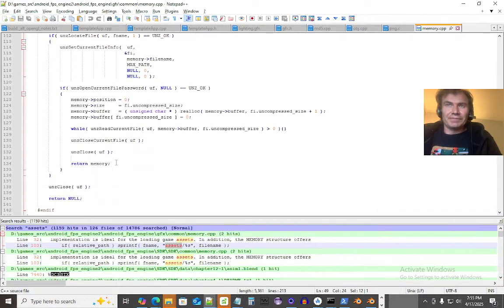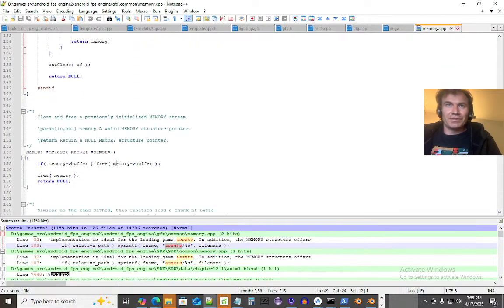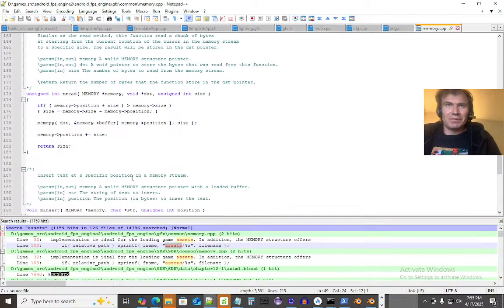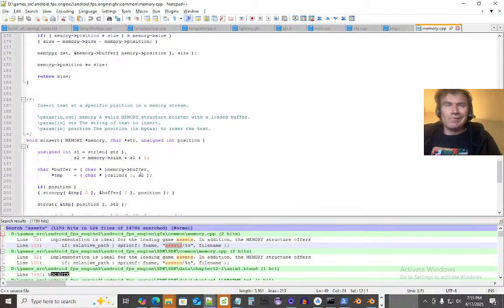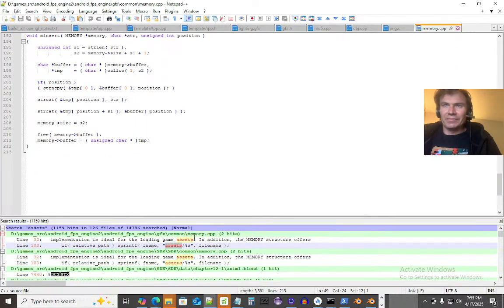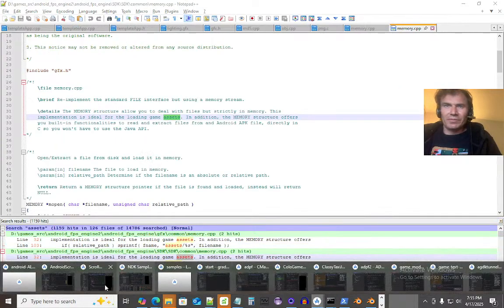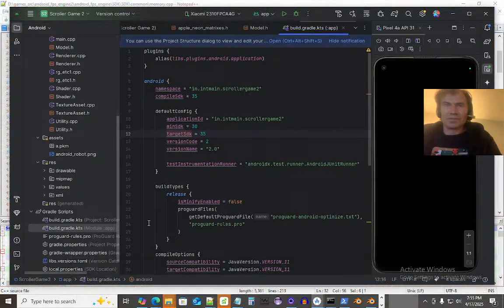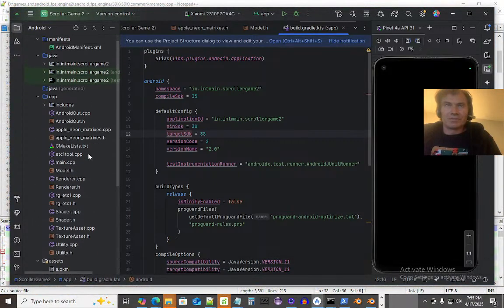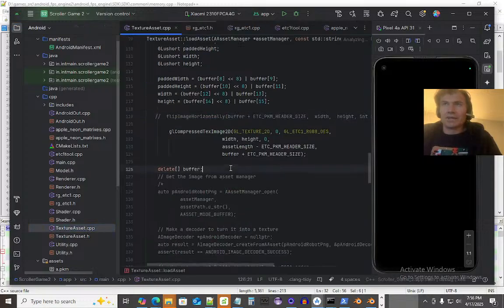And I was like, well, yeah, this is the asset manager that they use. It's memory.cpp. I mean, completely different name than your asset manager within my Colo game or scroller game. There's different versions of it, but like how I'm trying to load the asset here,